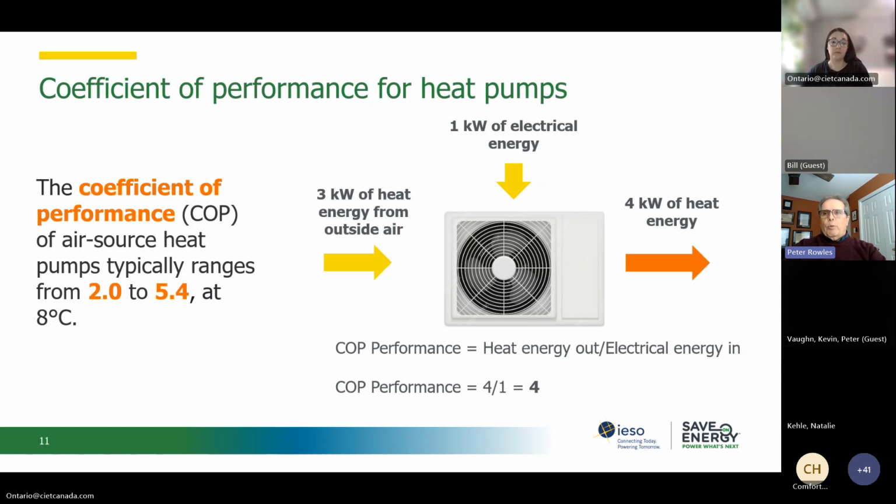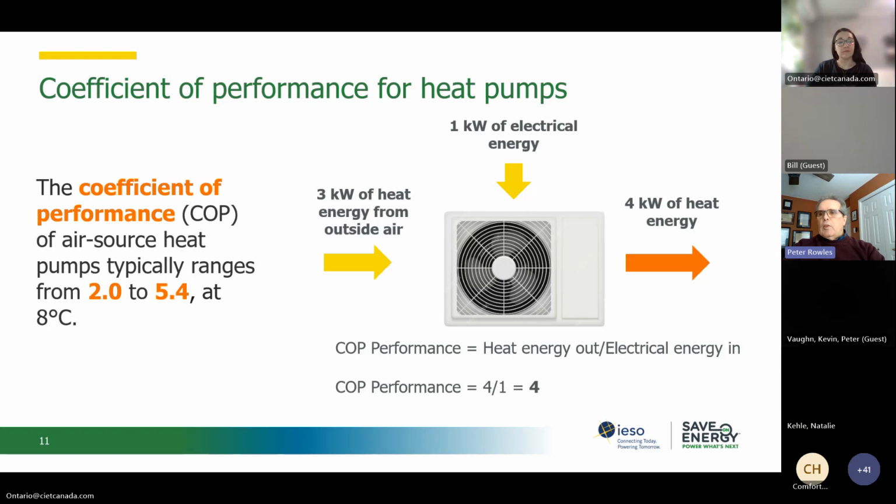We try and present these in common energy terms. My preference is to express these terms in equivalent kilowatts, but others use terms like BTUs and gigajoules. The range of COP between standard heat pumps, based on outdoor temperatures of 8 degrees, ranges between 2 and